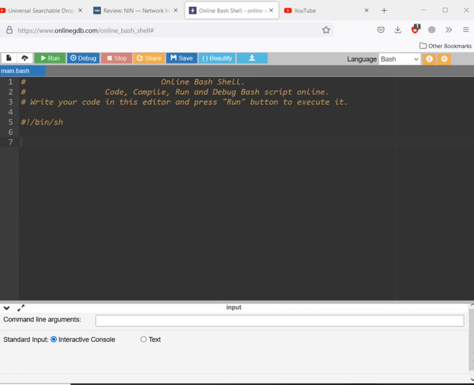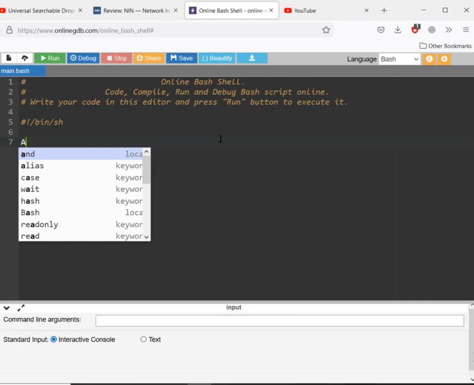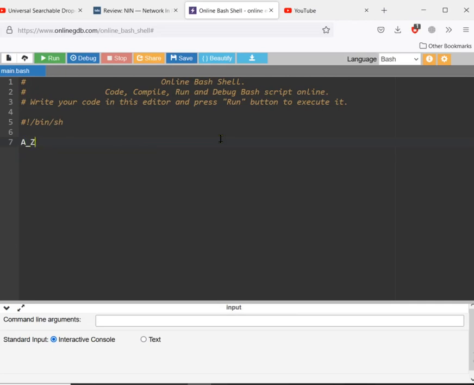Just like in any other programming language, in scripting language also, a variable name can contain alphabetic characters from A to Z, capital, small a to small z, and digits 0 to 9, and it can also contain the underscore. But apart from them, no other character can be used for defining a variable. In scripting, other characters have other meanings, so the variable can be defined by using this set of characters only.